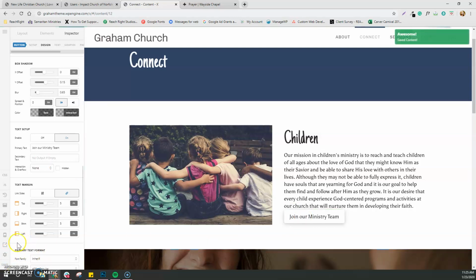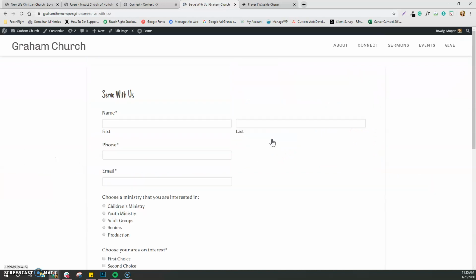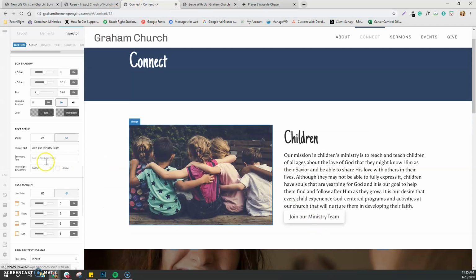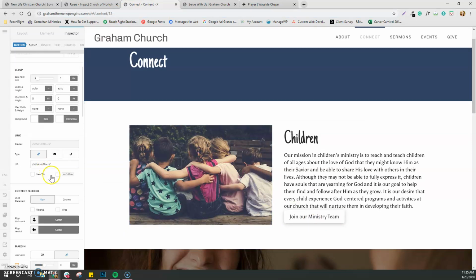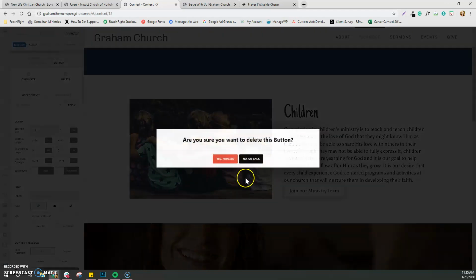So I'm going to save this page. Let's look at it. And there it jumps right to our Serve With Us button. So a quick recap, where I got that URL is here. Serve With Us, or whatever you name your page, you're going to copy this to put on your button link, which was here. Okay. If I just wanted to add the form directly in here, we're going to delete that